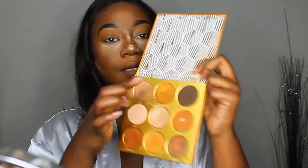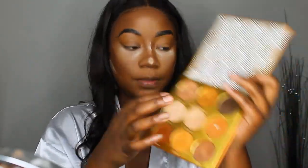I don't know which color I want to go in with. Let's go in with like this. Let's go in with like this deeper shade right here. I'm trying to think of how I want to do it, but